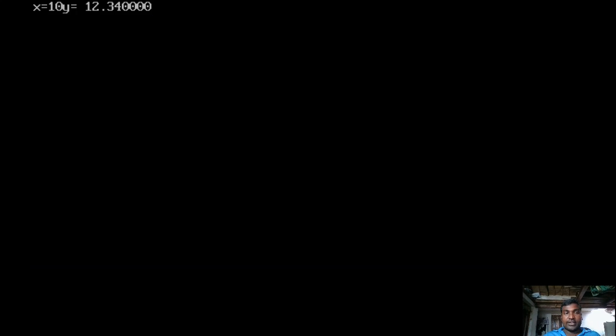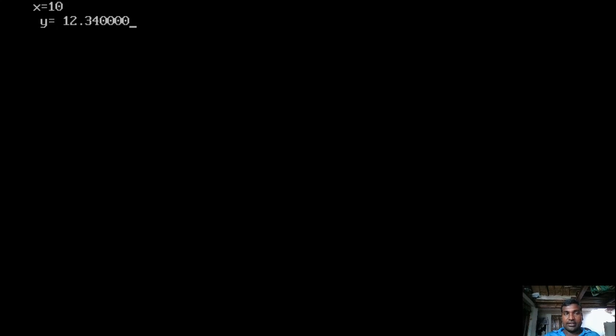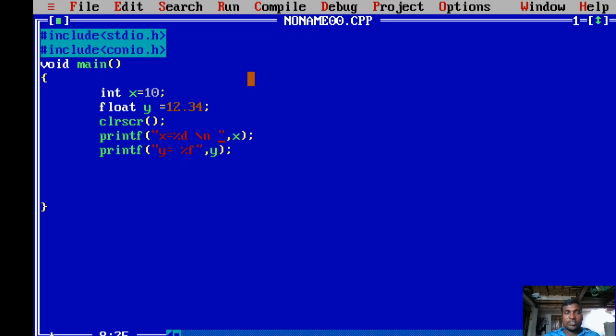So x equals 10, y equals 5. The values are overlapping here, so there is no space here. So I am using this \n here. I already told you \n means a new line is going to be created, right. So x and y are displayed on the next line, right. So in this way you can print any values. If you want to read those values, I'm not specifying the x value and y value, simply I'm creating the variables x and y, right.